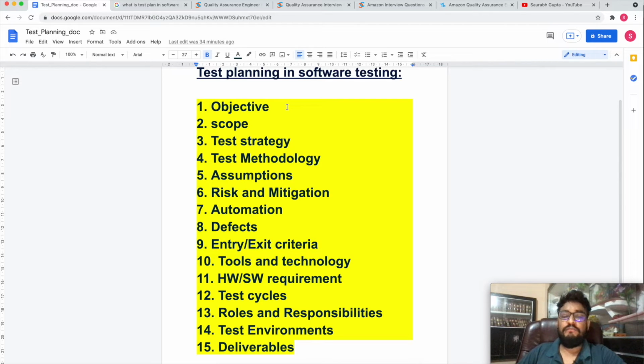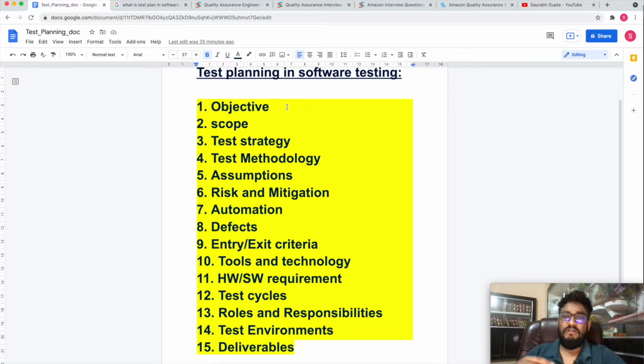The fourteenth point will be test environments. As I stated earlier, environments could be your QA environment, different sandboxes, like UAT environment, beta environments.